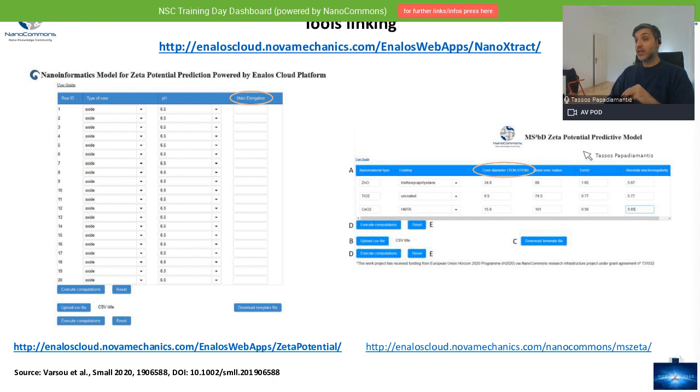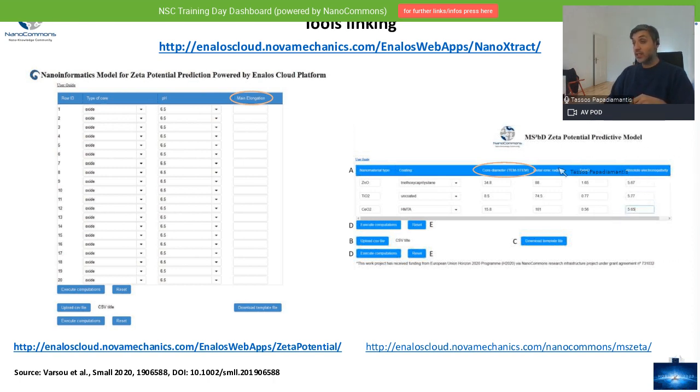More or less, these are descriptors that you can calculate or find using the periodic table and atomic parameters of the nanomaterials. So it's the metal ionic radius used in the nanomaterial, the sum of metal electronegativity divided by the number of oxygens present in the nanomaterial, and the absolute electronegativity.